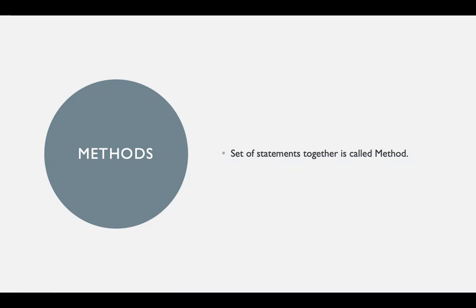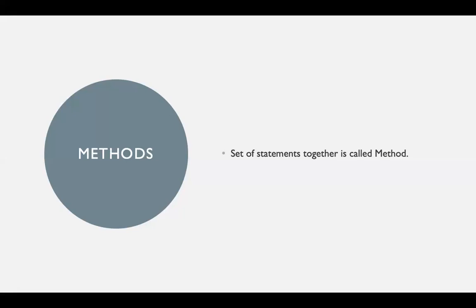The set of statements will include data types, variables and constants. A statement is nothing but, as we discussed earlier, any addition operation or multiplication operation, any arithmetical operation or logical operation or loops, whatever it is, these we call statements. We have two different types of methods, basically: non-static methods and static methods. We will start with the non-static method and understand why we are creating methods.